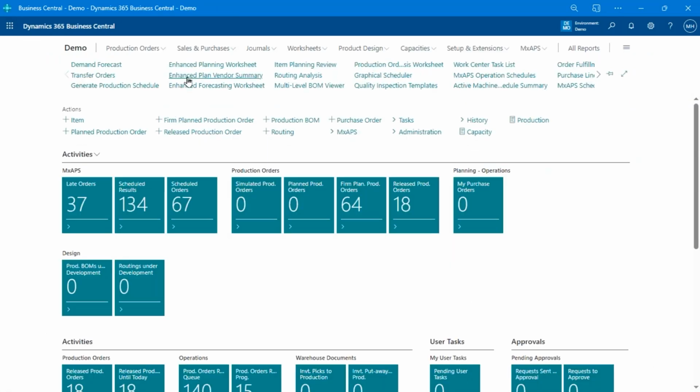These are part of the enhanced planning pack. All of these modules work together, but they can all be purchased independently. So for example, you can use MX without using shop floor or enhanced planning pack, or you could use enhanced planning pack without using anything else. So you can mix and match depending on what you want to use within your facility.